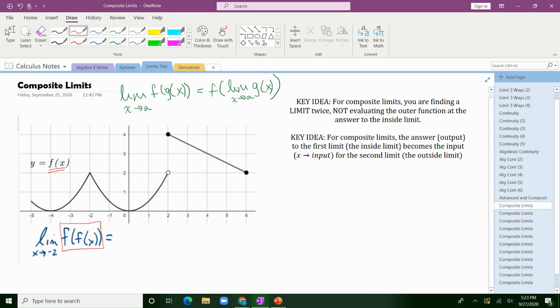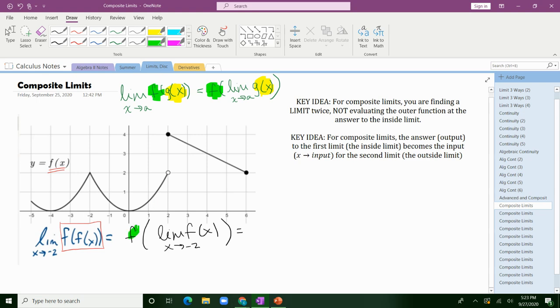So I'm going to try and apply the rule here. What it would say is, the outside function and the inside function: you start on the inside, you find that limit, you evaluate the outside function at whatever the inside limit was. So let's try it. So I would have f of the limit as x approaches -2 of f of x